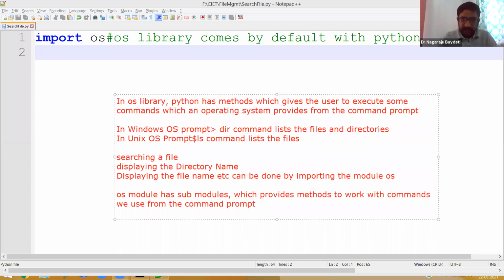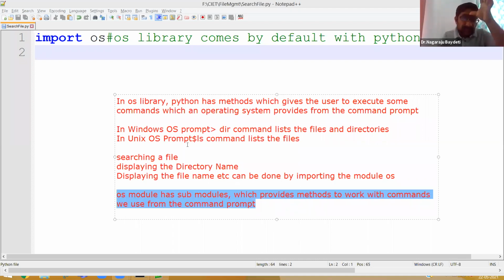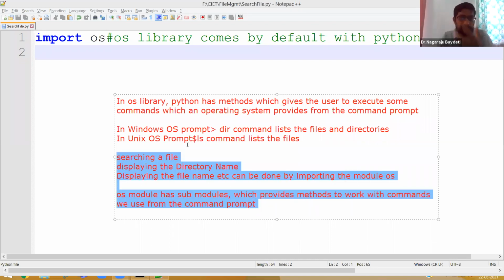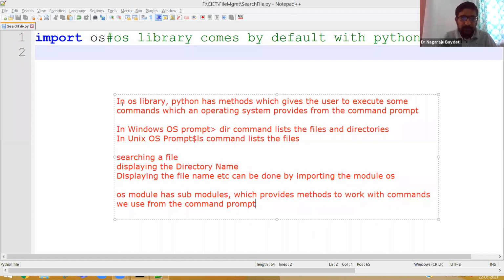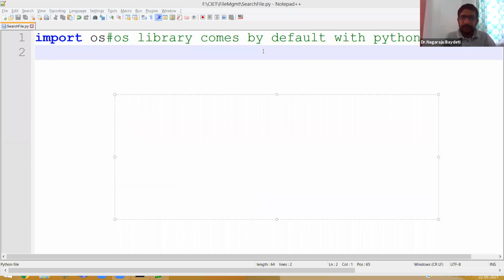In case of any difficulty, let me show you how to search a file by making use of the module OS. OS has many methods; you can go through online resources or directly through the Python documentation.